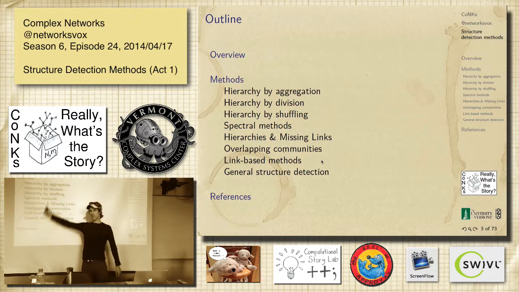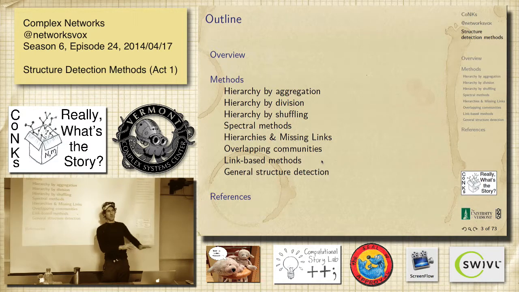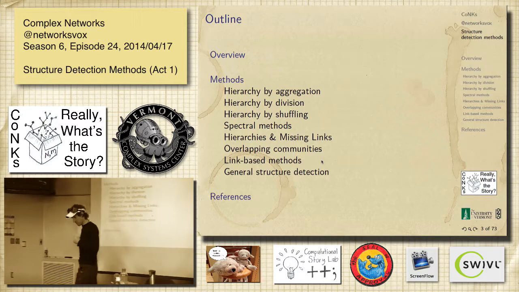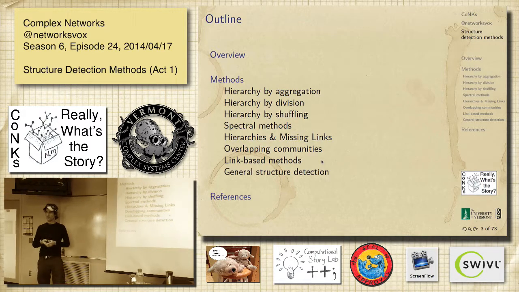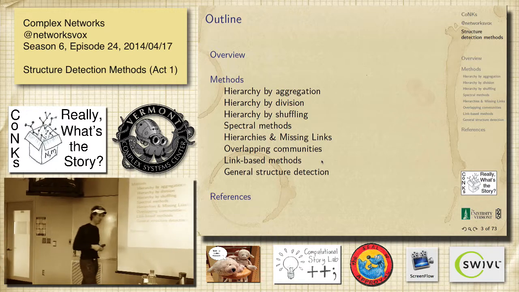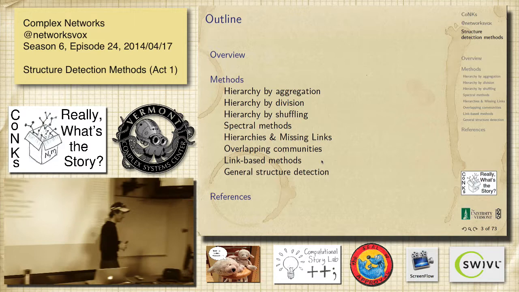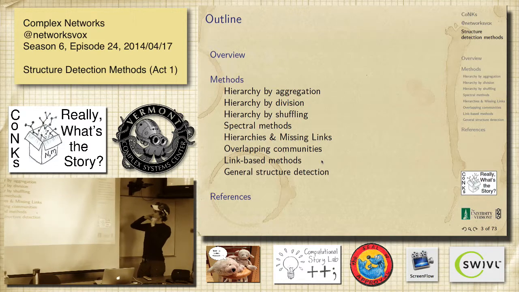And then general structure detection. All these things are kind of about hierarchies. So maybe there are 2 big groups, and then this group has 5 big groups in it, and so on. So it's a hierarchical partition, which is very common. A lot of natural systems are like that, and there are all sorts of reasons for why that's true. It's good for control and so on. And we'll talk a little bit about that with organizations.